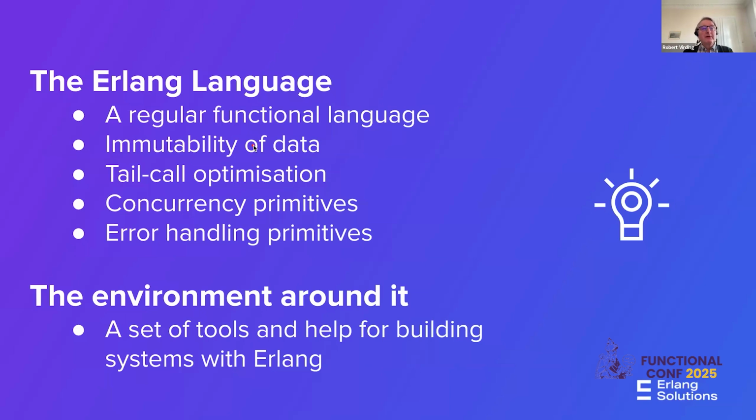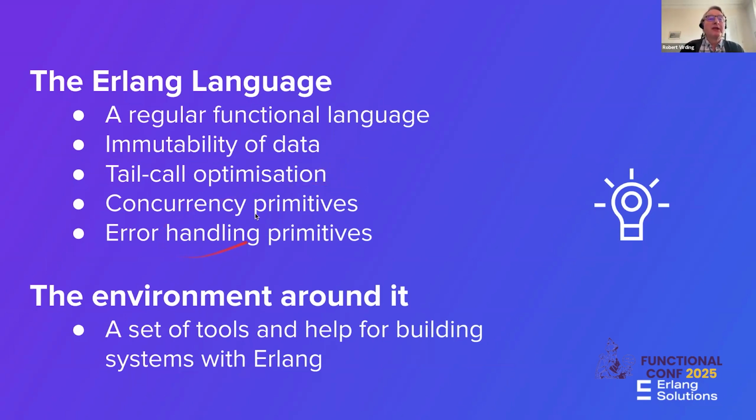So where did we end up? We ended up with the Erlang language. And its basic language is pretty much a standard functional language. There's nothing strange, and a lot of people think the syntax is a bit weird. Well, it can be in many ways. It's quite a simple syntax. But otherwise, it's the type of things you'll find in most functional languages. There's pattern matching, for example. We have immutability of data. We've got things like tail call optimization, so you can write recursive loops. There were no loop statements, so how you do it is just write recursive calls.